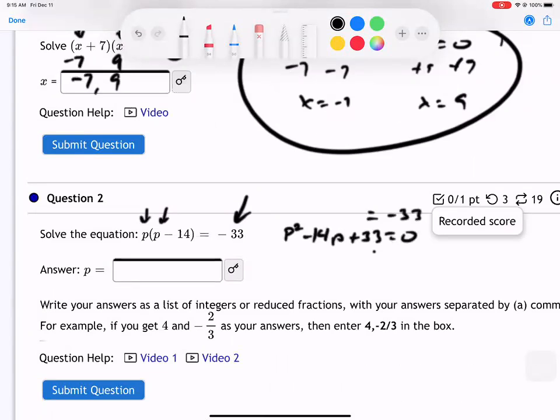Now, is this factorable? That's what you always want to quickly check. Is this factorable? So two numbers that multiply to become,